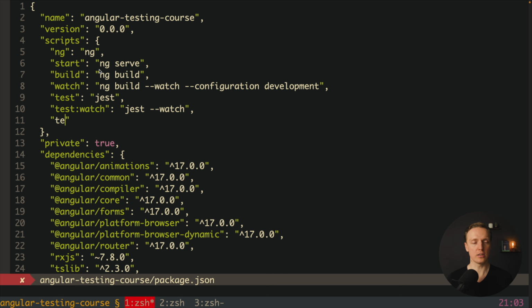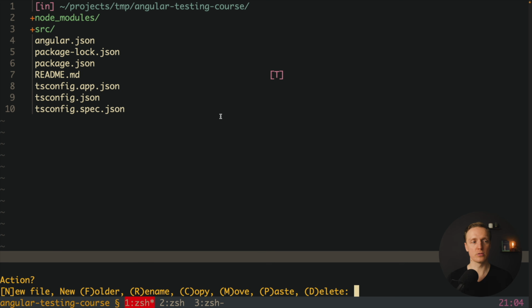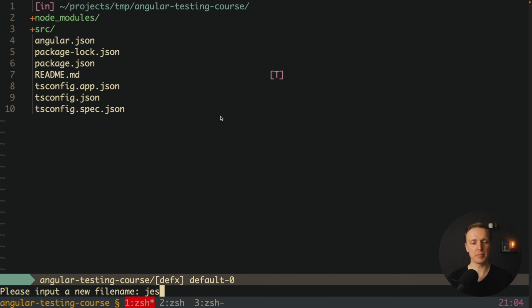After this, we need also test:ci, because we want to run Jest on CI later. For this, we need the command jest --runInBand, which actually means it won't run our tests in parallel, but just one by one, to make it safe for CI and make sure that our tests won't break in the CI environment. After this, we must create a Jest config file inside the root of our project, and it is named